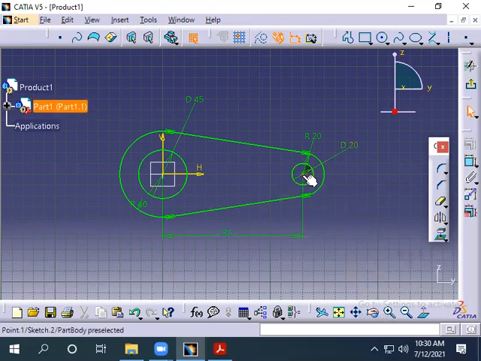Because you see, I have taken the center point as the same center point of the previous circle. Understand? We have defined the position of this circle's center point to be 130. And the smaller circle is also having the same center, isn't it? So that position was already defined for the point where you started the smaller circle. Here also same thing. That is the origin. No need to have an explanation for that. You can drag those dimensions and place them wherever you want, as per your convenience.